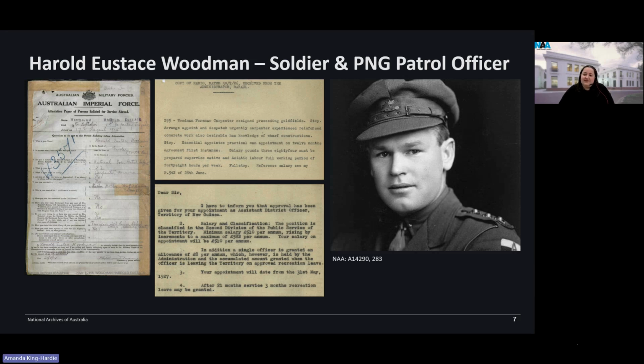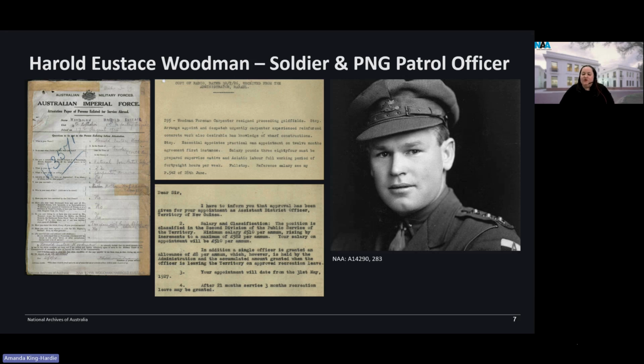In 1926, Harold was approved for a job as a foreman carpenter in New Guinea, with his transport costs paid by the administration, provided that he stayed employed with them for at least 12 months. Harold left Sydney for PNG on the 21st of April 1926. However, only 3 months later, the administrator in Rabaul reported that Harold had abruptly resigned as a carpenter to instead try his luck prospecting at the goldfields. So Harold was, of course, ordered to repay the cost of his passage to PNG for leaving employment early.